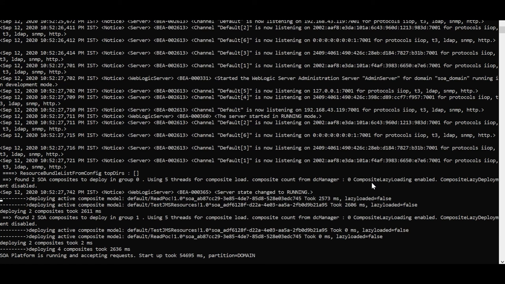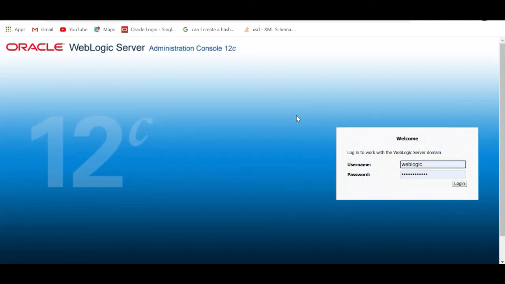So guys, as you can see, the server is successfully started. As you can see here, the log server state is changed to running, and also I opened the URL, that is http colon double slash localhost colon 7001 slash console. As you can see, it is there. Then you need to just put the password that you entered during the domain creation and just log in, and you'll be able to do that. And similarly, you can open the em console as well.